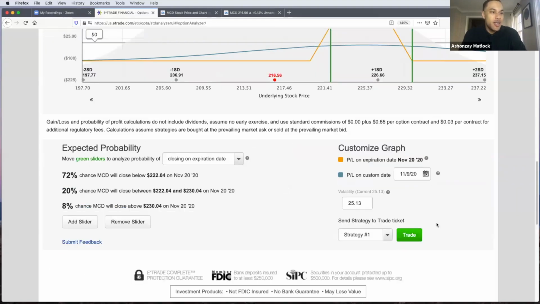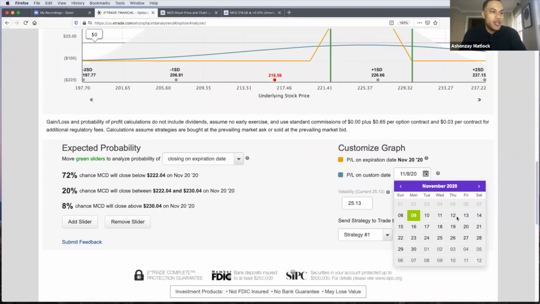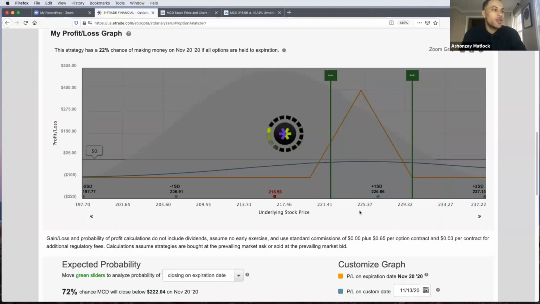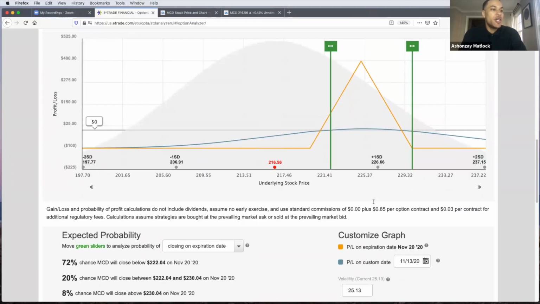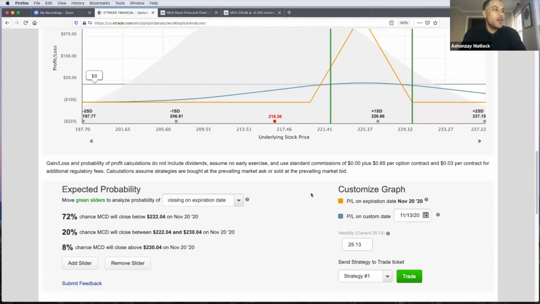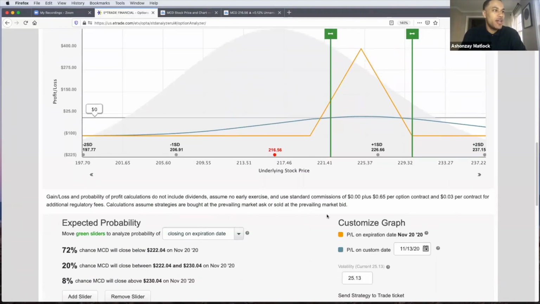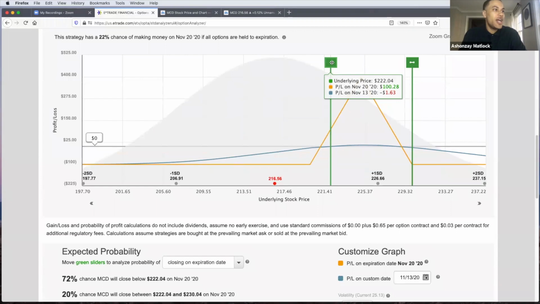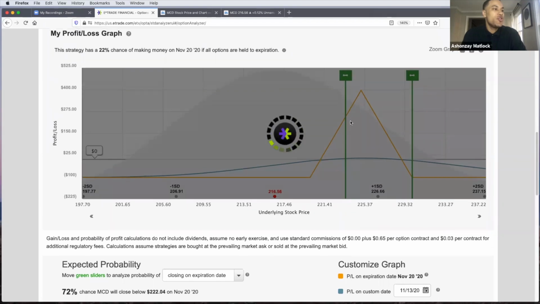Now, let's say earnings is, when did we say McDonald's earnings? I think it's this upcoming week. Let's just change this to the 13th. So here's another cool thing. I can change my profit/loss by custom date. So if I want to get out by a certain date, I can change that as well. So let's go to the 13th, right? So if I go to the 13th and I slide this, whatever you want to call this, you can see that